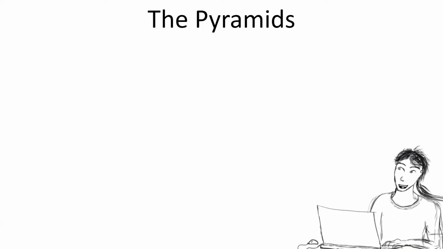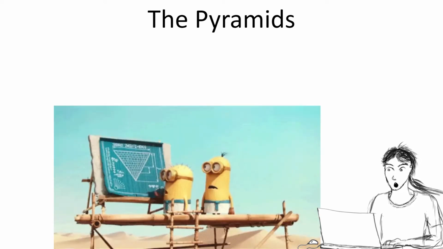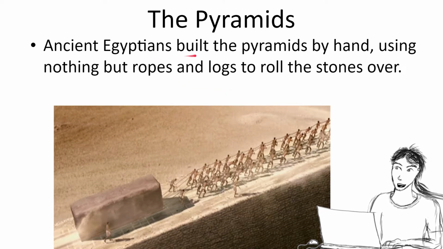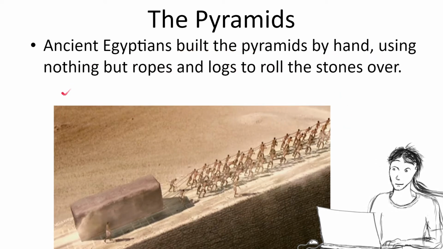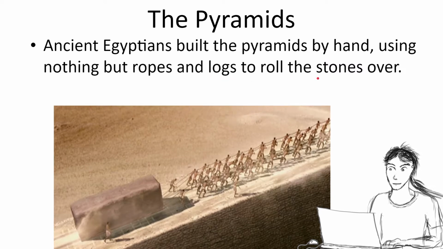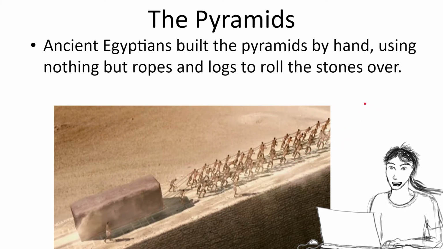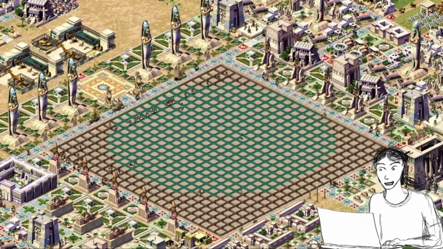The pyramids. How are the pyramids built? Was it like that? No. In ancient Egypt, the Egyptians had a bit more technology. They had more organization than very, very ancient people, and they were able to build huge pyramids. But still, it was by hand, using nothing but ropes and logs to roll these massive stones over. It took many, many people pulling these giant stones, and they would build scaffolding and bring the stones up the pyramid.